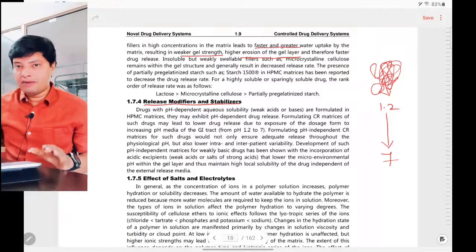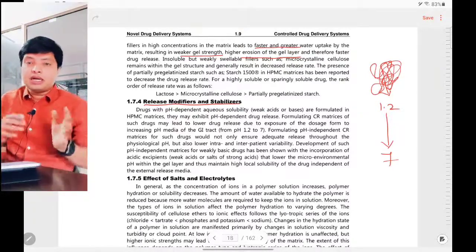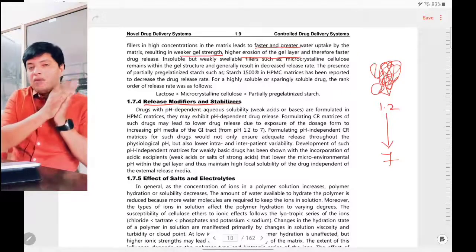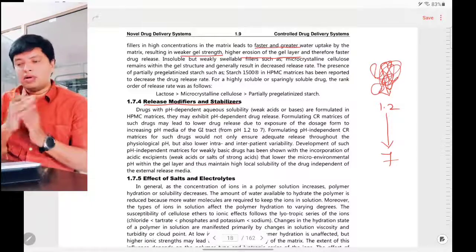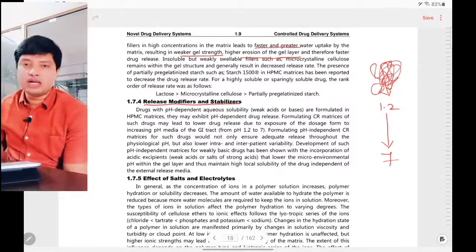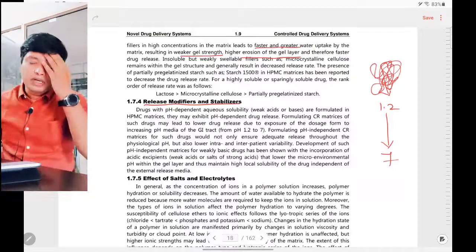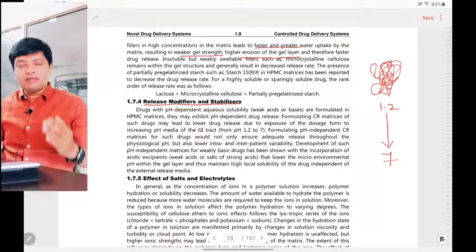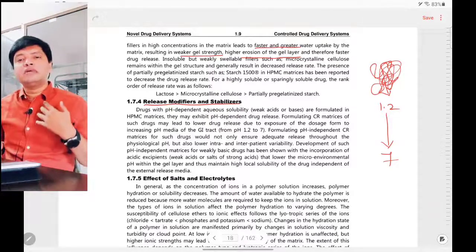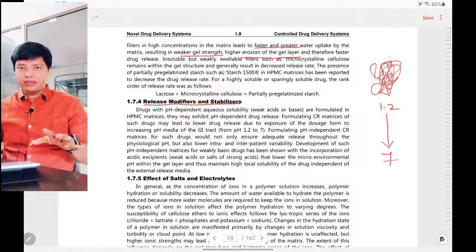I don't want that to happen. Slowly the drug release will be decreased. Retarded, in the sense that I want the drug to come out within 8 hours or 12 hours, but due to the increase in pH, and because the drug release is pH dependent, if it is more soluble in acidic pH, then when the tablet travels through the GIT there will be less release of the drug, which I don't want to happen.